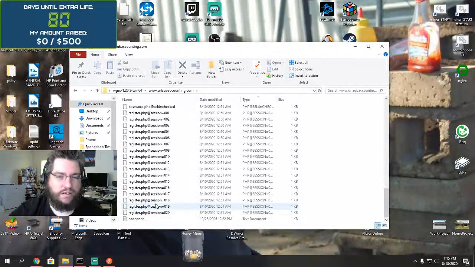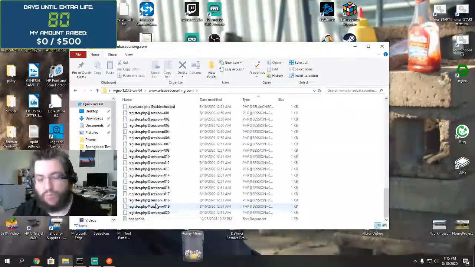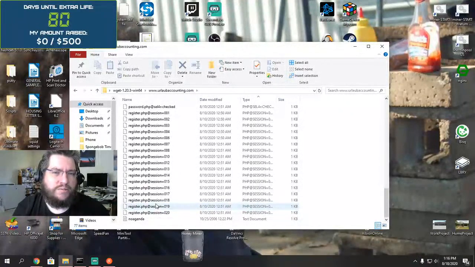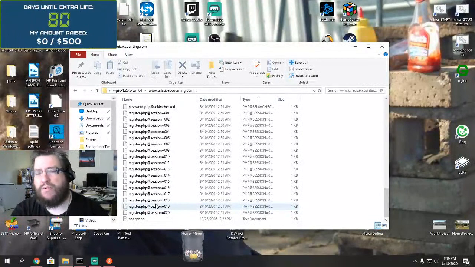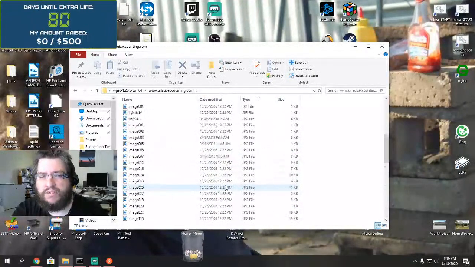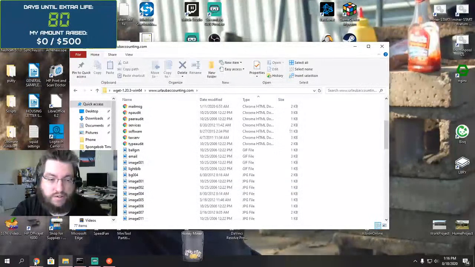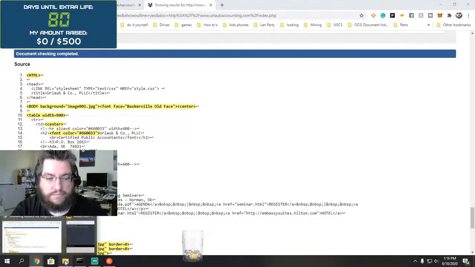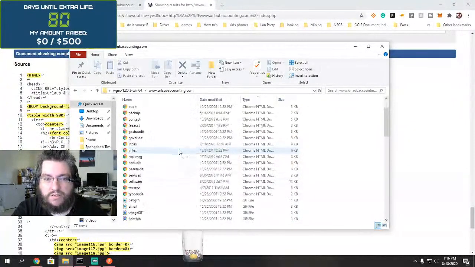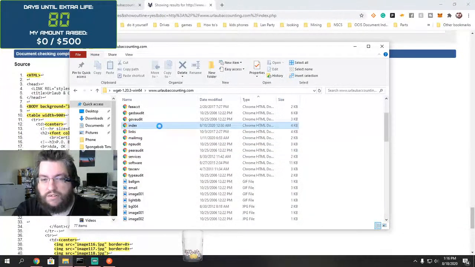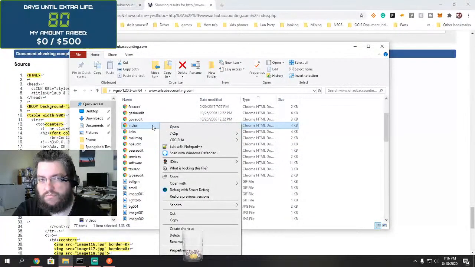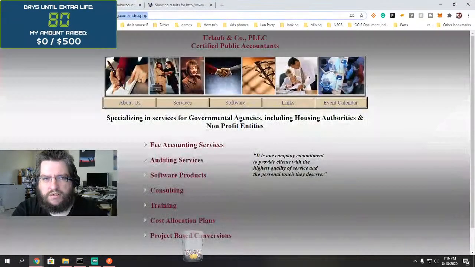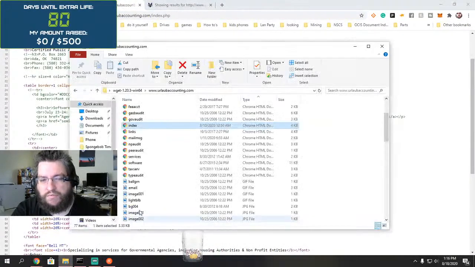Now, I can't go into the password protected stuff, and I really don't need to, because that is in turn going to another third-party part of it. In fact, their website's not even hosted in their office. It's third-party stuff. So let's see. This was the index HTML. Hang on a second. Oh no. We're going to go for